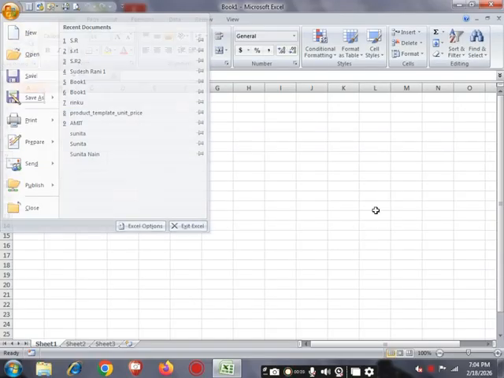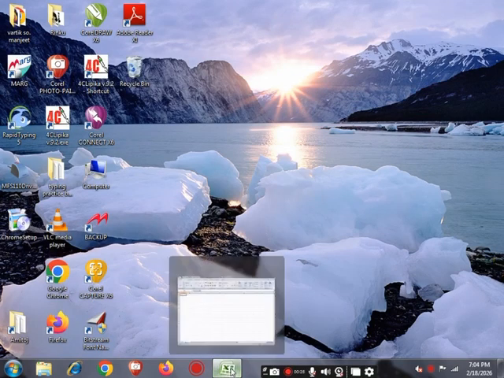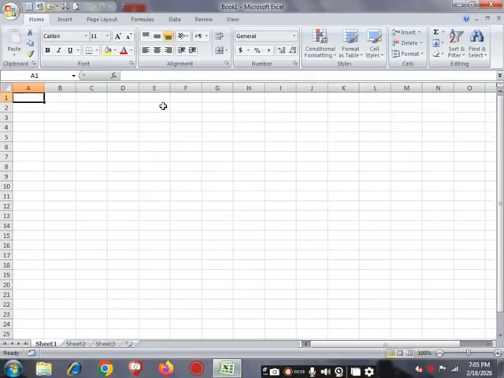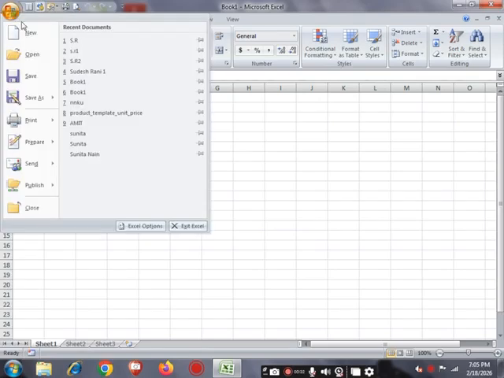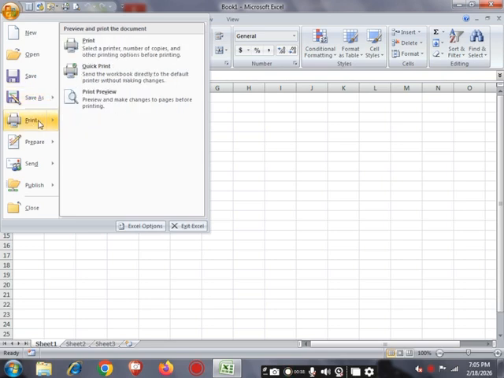In these days we are working on the print command. For this, firstly open our software. Simply click on this and the software will be displayed on your screen. And this is the Office button that represents the File menu. These options, New, Open, Save As, we have already discussed. And now we are on the print command.